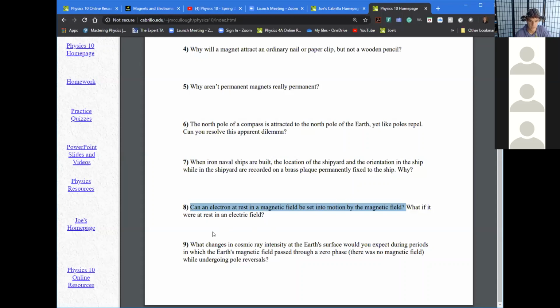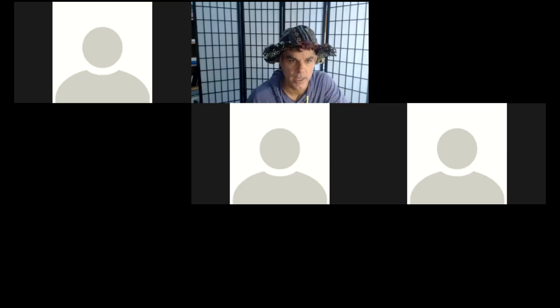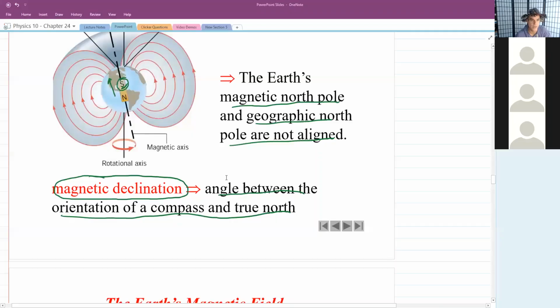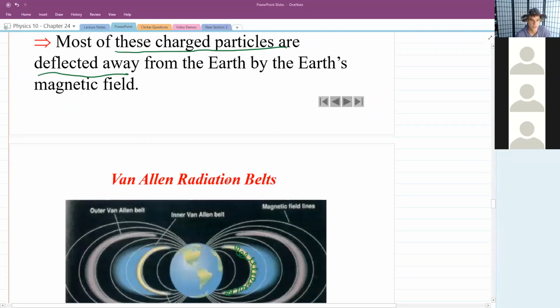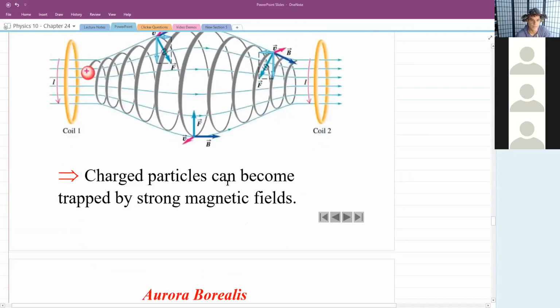And last but not least, what changes in cosmic ray intensity at the Earth's surface would you expect during periods in which the Earth's magnetic field passed through a zero phase while undergoing pole reversals? Again, let me just stop this one and use this PowerPoint slide. Okay, so